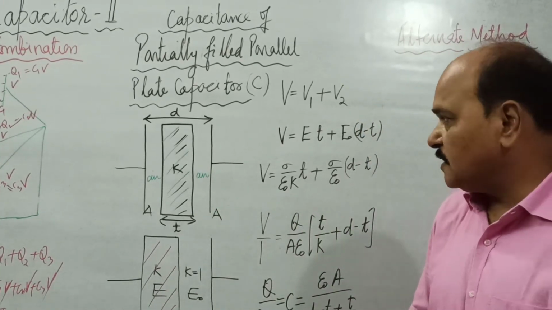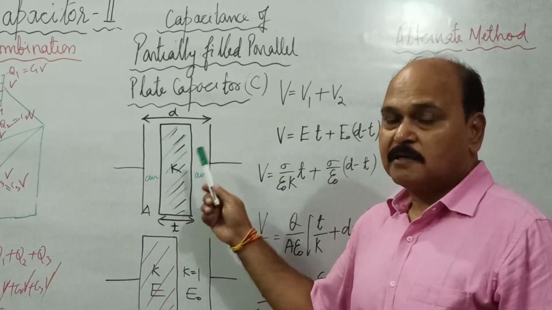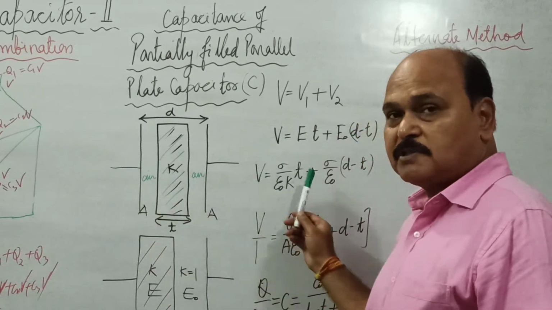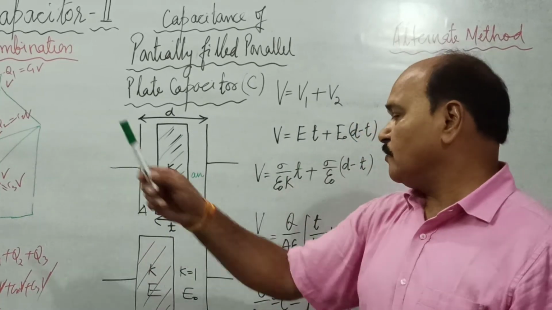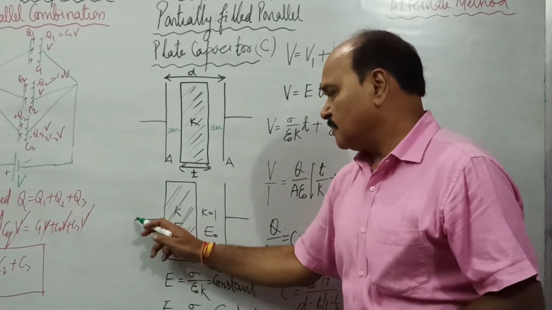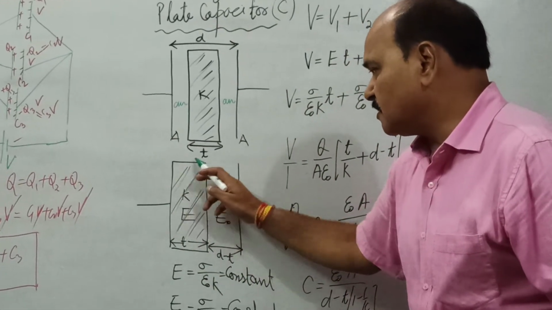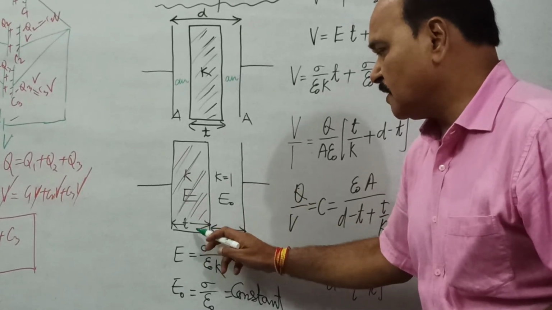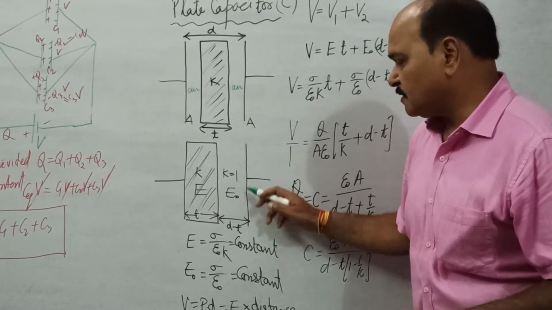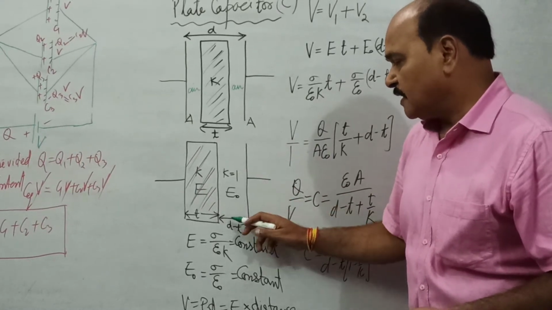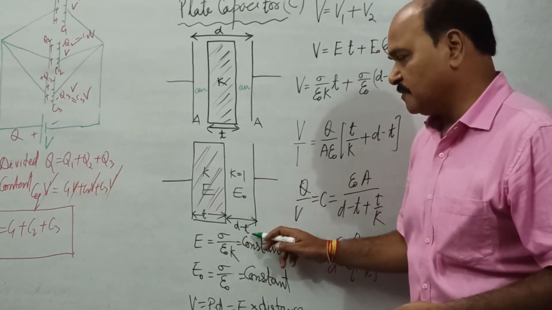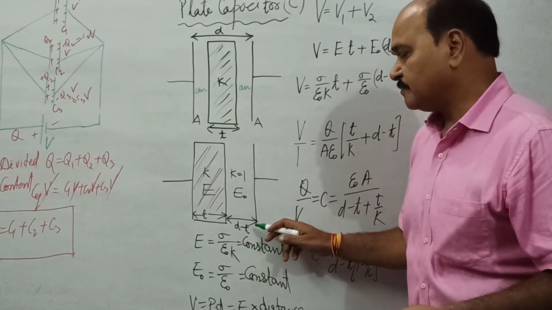So this is partially filled capacitor, and we are going to work out its capacitance. Now this capacitor which is here shown hung in the air is never hung like this. It is either shifted left or it is shifted towards right. Okay, let us shift it towards left. When we shift it towards left, we get the diagram like this. These are the two plates of capacitor. This space from here to here, whose thickness is t, is filled with dielectric, and the other part of the capacitor, which is empty, has a distance between the two plates as d minus t. This is t, this is d minus t.